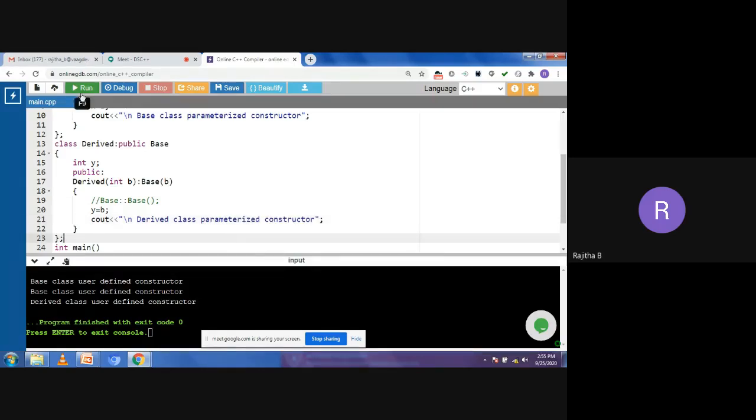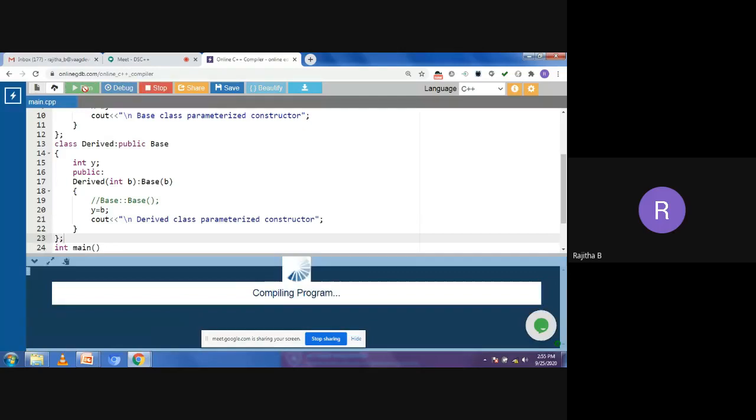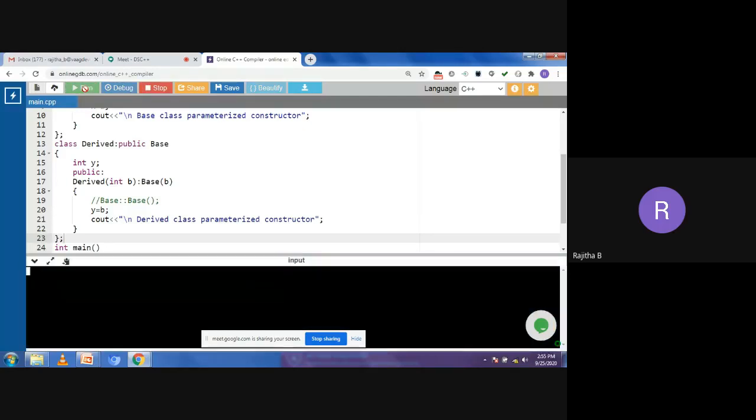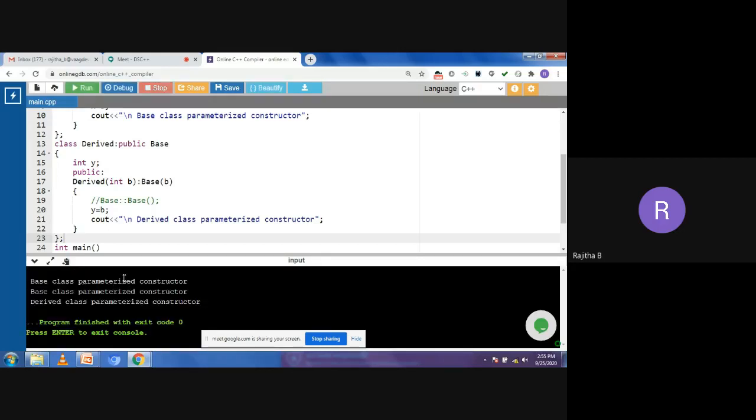Now you can see the output: base class parameterized constructor and derived class parameterized constructor. Okay, this is clear, everyone?